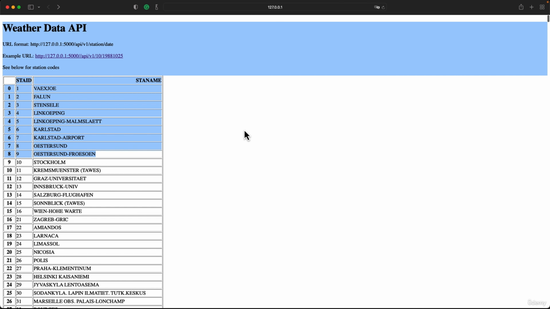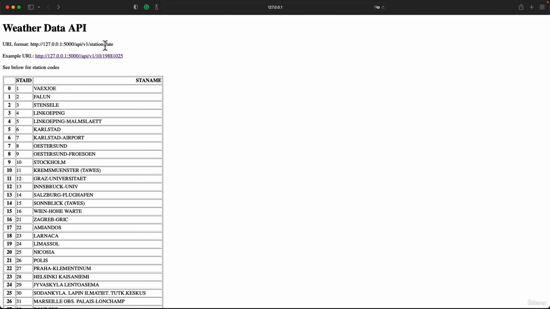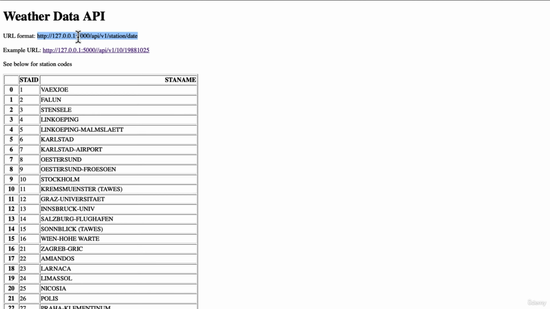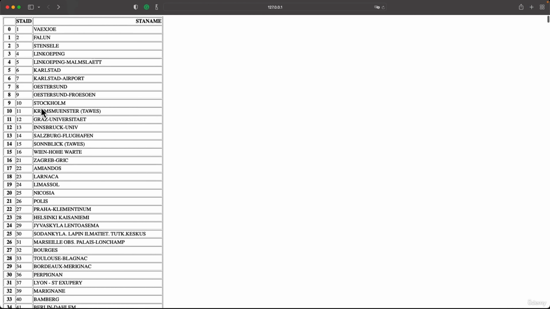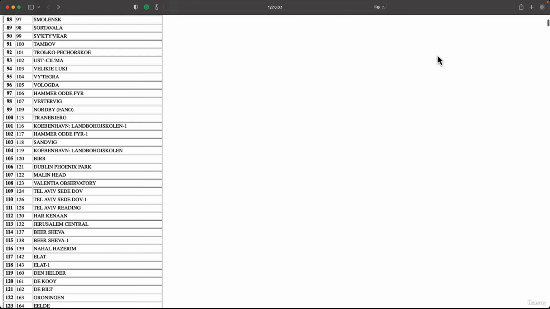So the API has a home page, just like the news API had a home page where you could see the documentation, how to use the API. So what we've got here is some minimal documentation. It tells you what the format of the endpoint is. So that's the base URL up to here, and then you can provide a station and a date, and that will give you temperature data about that particular station. Now, down here, you'll see a list of stations,